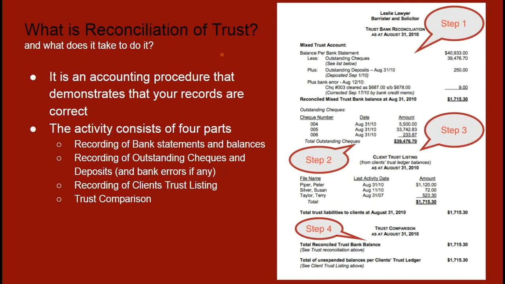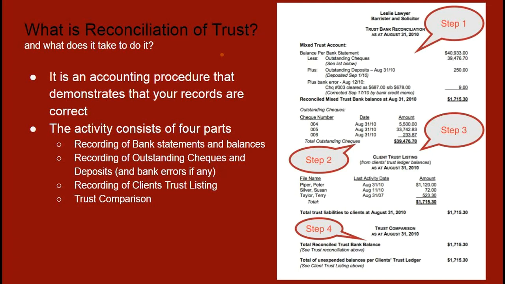So that's the client's trust listing that you manage and maintain. And step 4, of course, is to balance or compare, if you will, between what the bank says as the reconciled pooled trust or mixed trust balance as of that base date that you're closing, comparing it to what your bookkeeping system says is the unexpended balances based on the client's trust ledger. And when these two numbers balance, then you are able to confidently reconcile that particular time period, let's say that